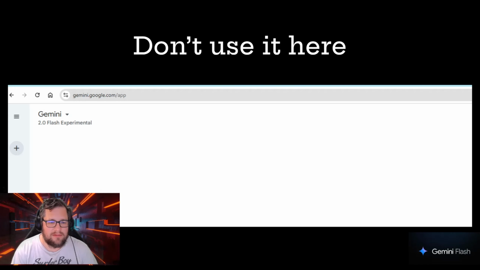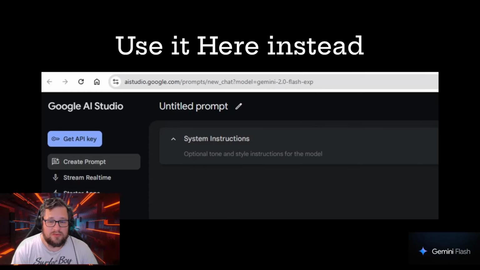In my head, I was like, oh, if I go here, that's going to be the same as AI Studio. This is just going to be the more user-friendly version of that. But it isn't. It's super limited. It's kind of laggy. The context you can actually paste in is just very limited. So what you really want to do is go to aistudio.google.com